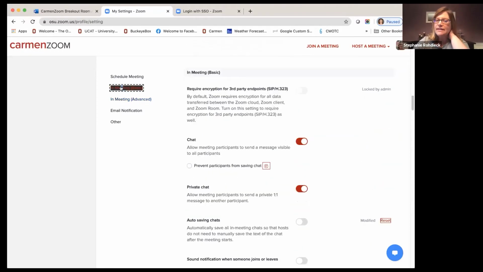And then under Meeting Basics, so back up, one of the things that should be clicked already, but some of you may have disabled this, is under the chat functions, because in a breakout room, the students can also chat with each other and they can share files, just like what we were doing with the slides. And so you likely will want to enable them to communicate with each other, both through the video in breakout rooms and through chat. So you want to make sure you do that.